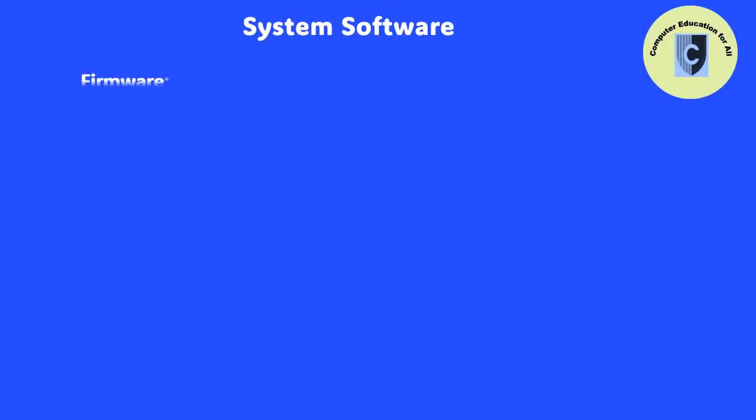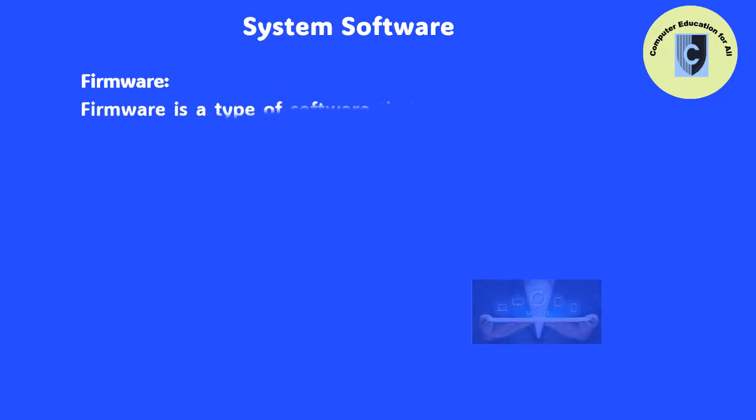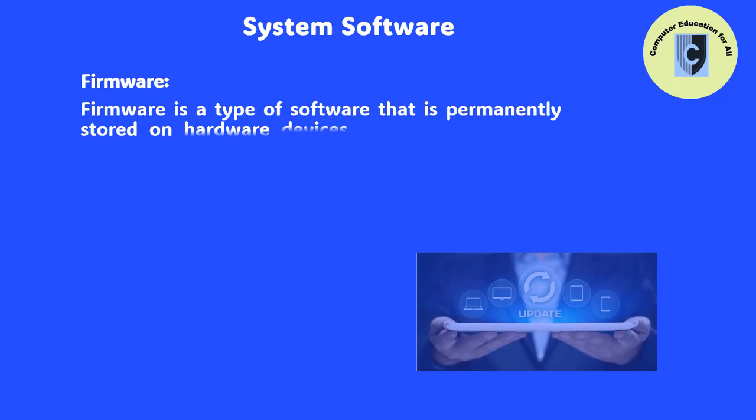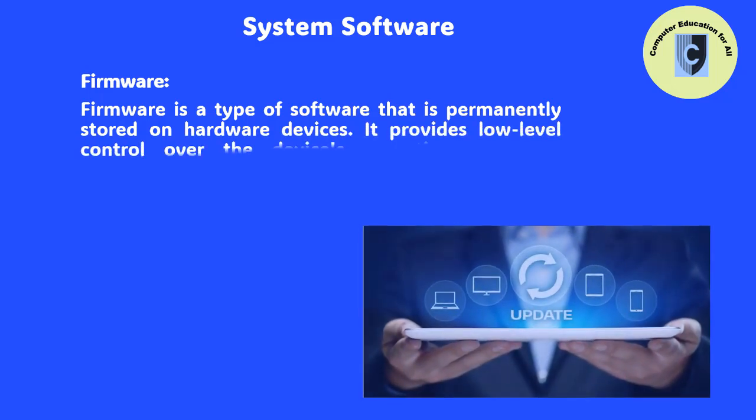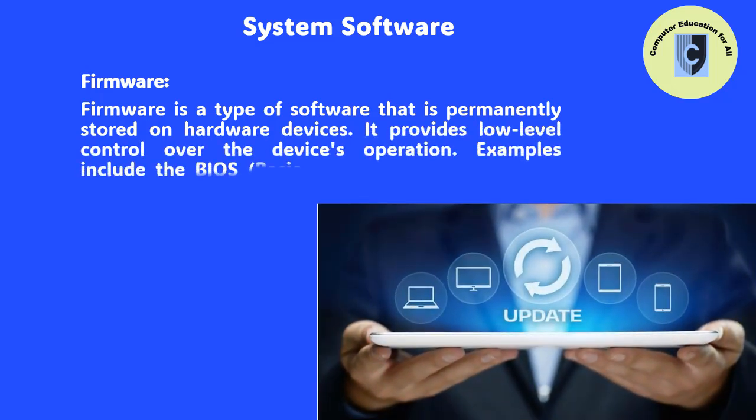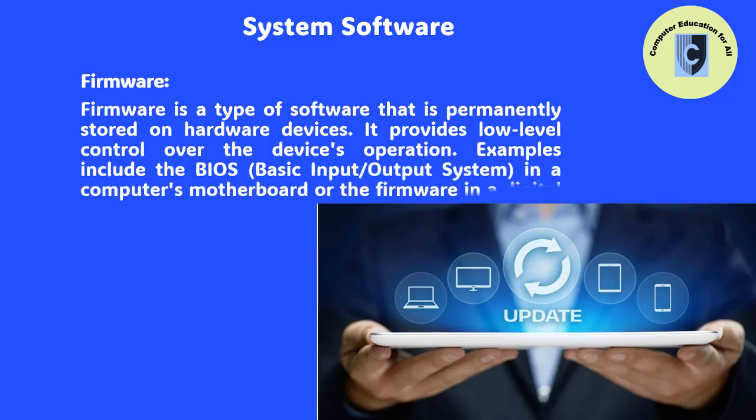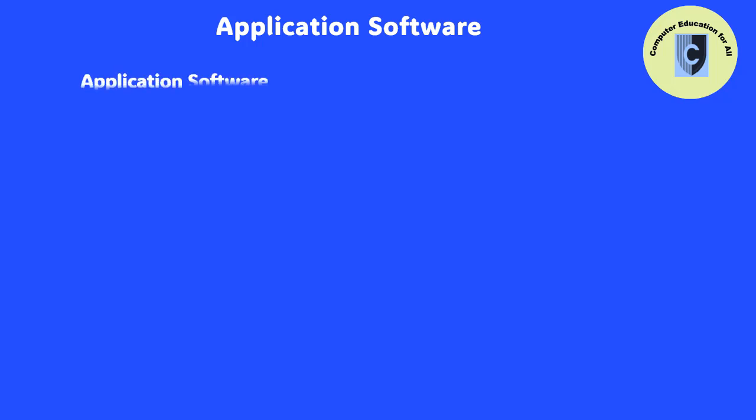Firmware. Firmware is a type of software that is permanently stored on hardware devices. It provides low-level control over the device's operation. Examples include the BIOS, Basic Input/Output System, in a computer's motherboard, or the firmware in